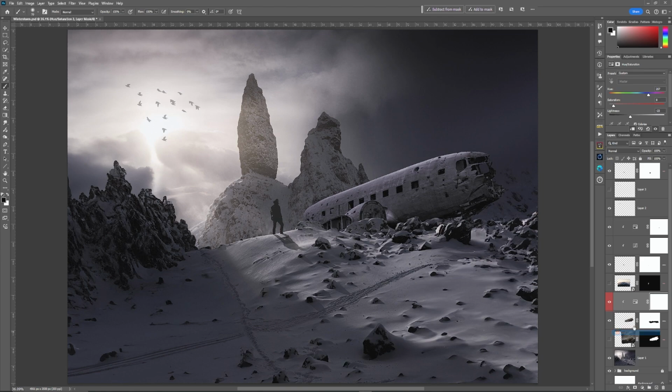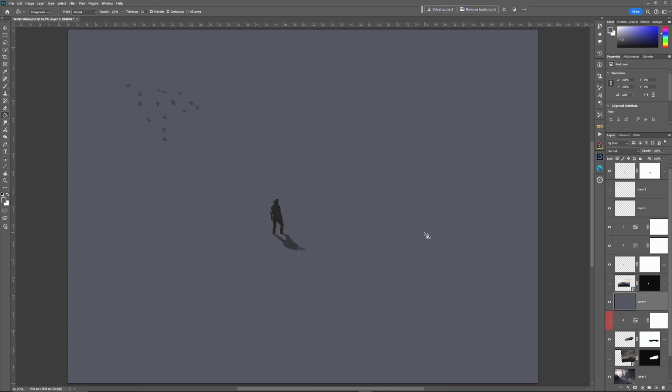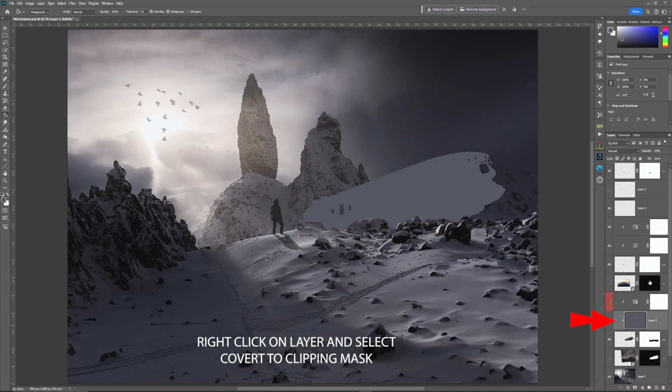Now I'm going to turn that layer off, and I'm going to show you my preferred method for colouring this wreck for this image. I've simply created a new blank layer, and I'm going into the paint bucket tool, and then I'm going to sample a tone or a hue from the image by holding down Alt. And then I'm going to flood fill that entire layer, and then once again clip it to the layer below,